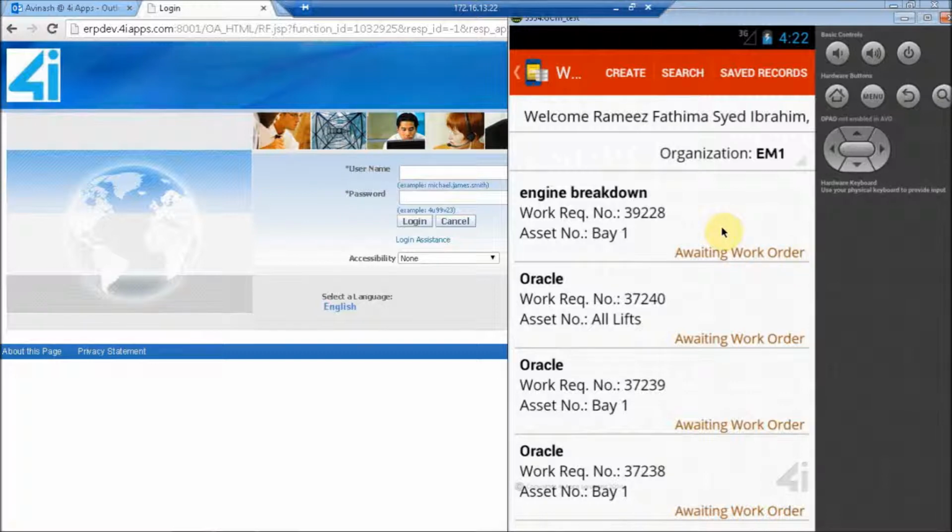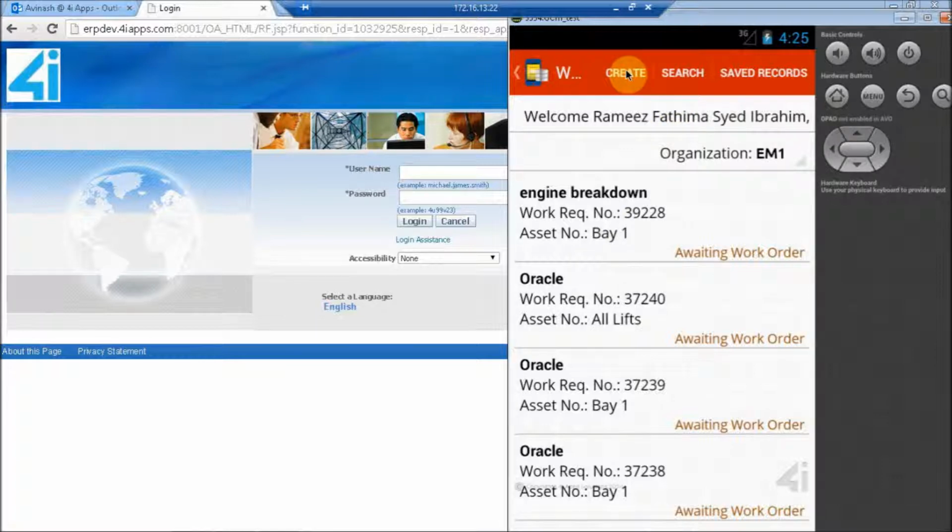So this work request has to be approved by the approver. Now the approval as of now will be done in the backend through EBS screens. There is one other functionality, we have a function called saved request. This is if you want to save your work orders or work requests offline, we make use of the SQLite DB, which is integrated into mobile. So the data will be stored in the local DB in the mobile, and then when the person requires, he can update and create a work request. So, I'll show you how it is done.